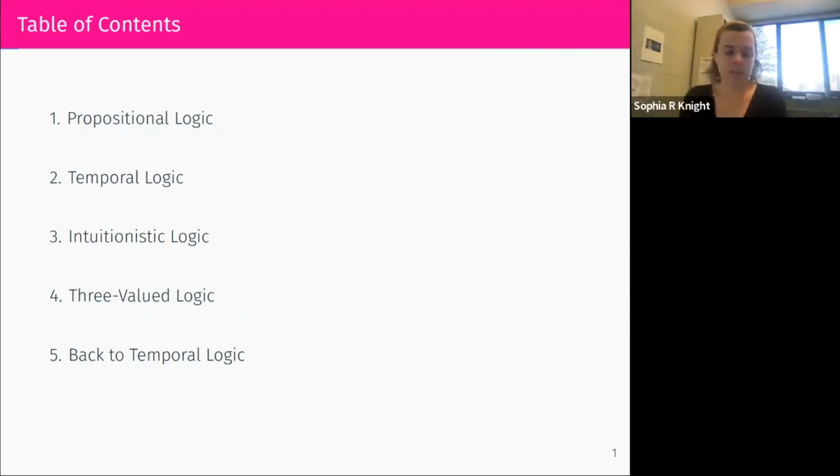Good, good. So I'll talk about propositional logic and some well-known definability results, just to introduce the truth set algebra method. Then I'll talk about some temporal computational logics and undefinability results for those. Then I'll get into classic intuitionistic logic results and some new undefinability proofs for results that were already known but were proved using different methods. And then if there's time, I'll get into three-valued logic a little bit and some infinitary temporal logic results.